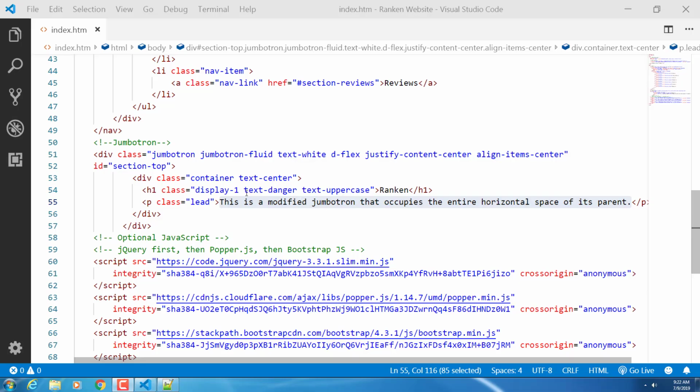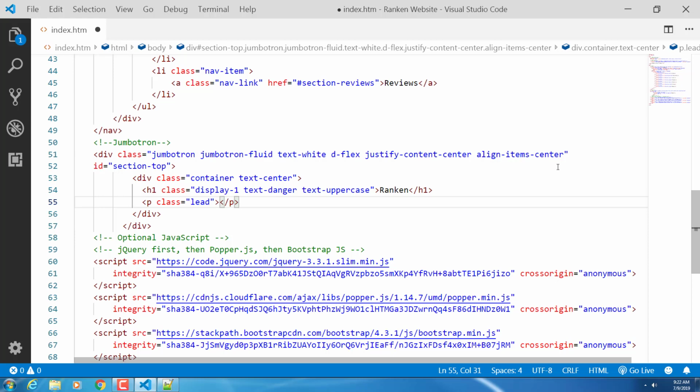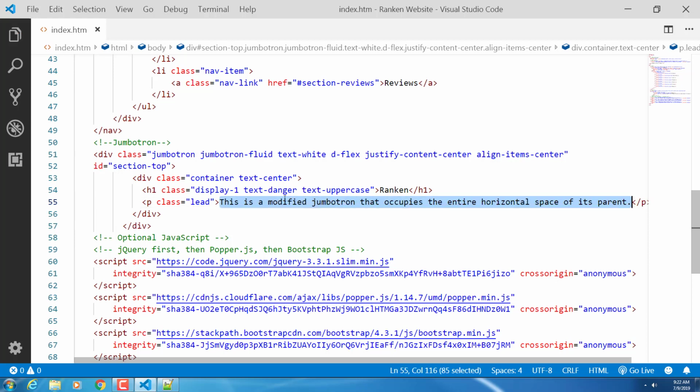Okay, so we're working on the Jumbotron. We're back from a new day, teaching this out of a summer camp, and I changed the background color, changed the theme of Visual Studio so that they can see it a little bit better on the projector. But anyways, we left off with this Jumbotron, and I'm going to delete the paragraph of text. So here, if you want to follow along, we have this P tag with a class of lead,